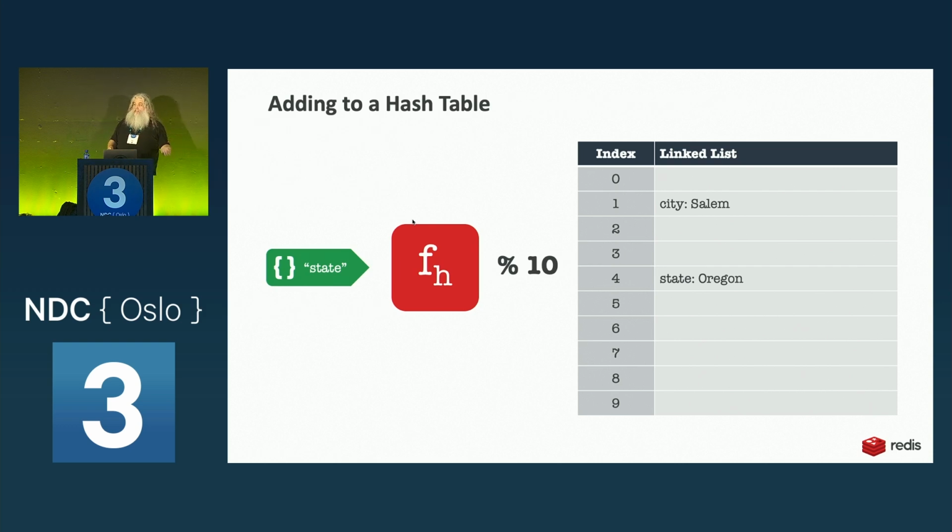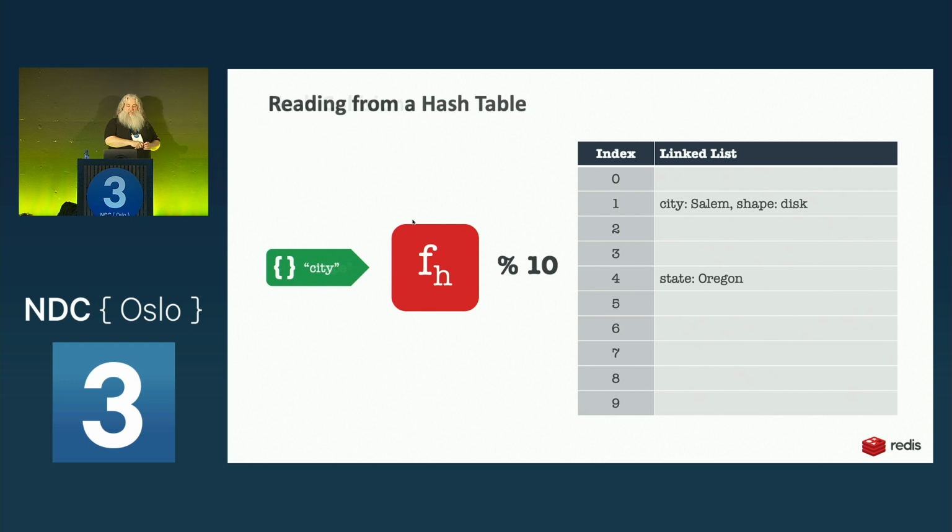Now what can happen here, and this is why we use a linked list, is that we've only got 10 items in our little array here, so we're going to get a collision. And so when we go to add the shape of a UFO to this hash table, we get a 1 again. And so rather than just blow up or have problems, we add another thing to the linked list. And so we grow these linked lists over time. If the linked lists start getting too long, we'll expand our array and we'll rehash everything and reallocate everything.